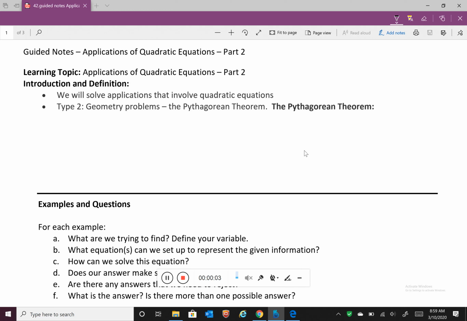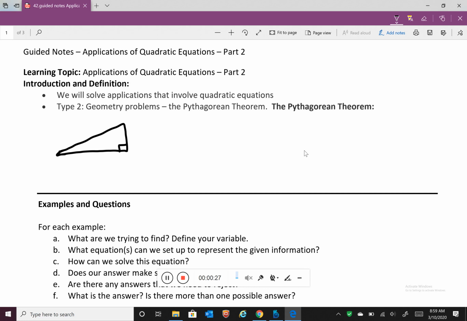We will continue our topic of applications with quadratic equations. This is part 2, and this time we're going to be looking at geometry problems and problems that involve the Pythagorean theorem. So for the Pythagorean theorem, we would like to make sure we are recognizing we're looking at right